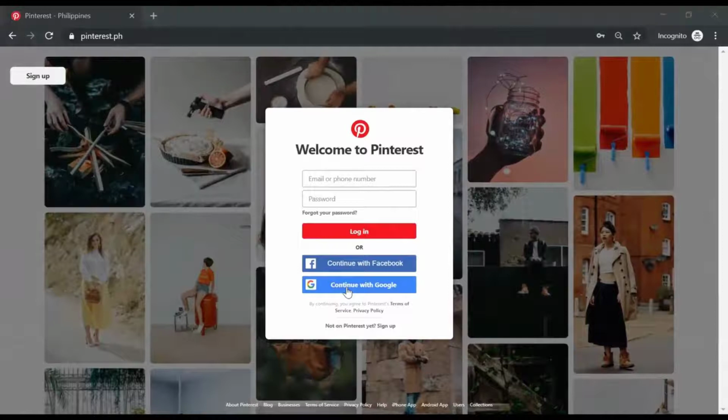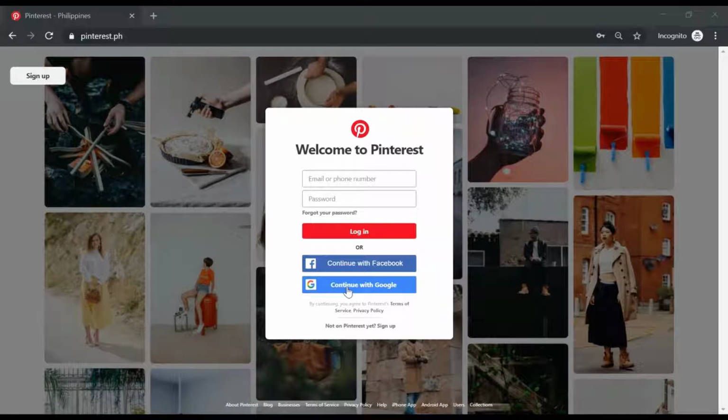Let's get started with actually using Pinterest for business. Business accounts on Pinterest offer business-specific features like promoted pins and analytics. There are two ways you can set up a business profile in Pinterest. First, if you don't want to have a business account linked to your personal account, you can create a standalone